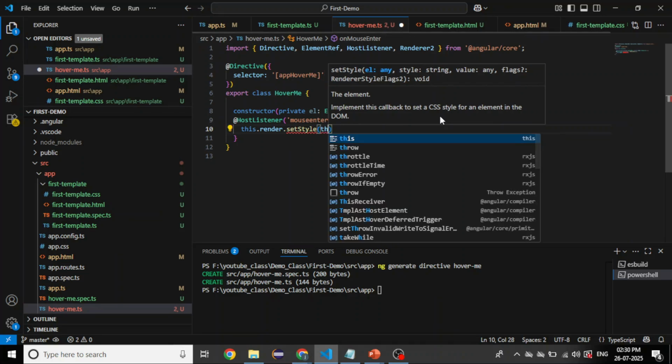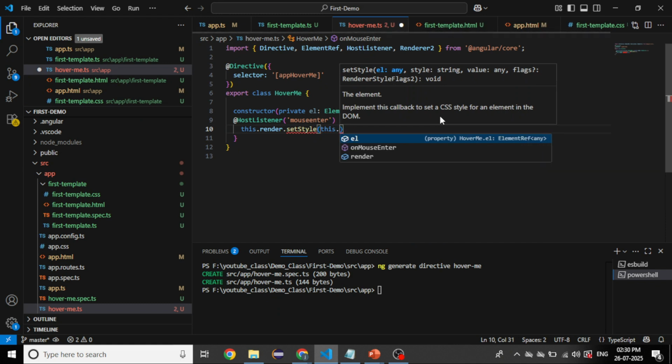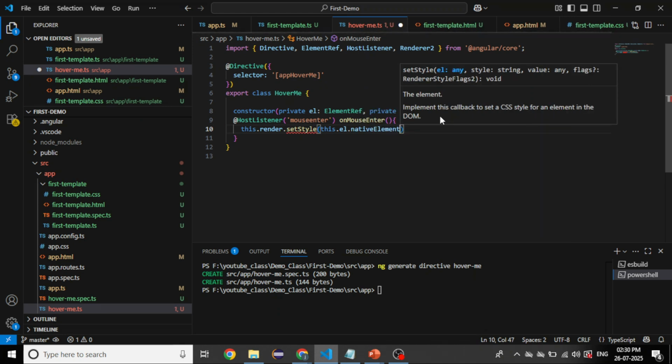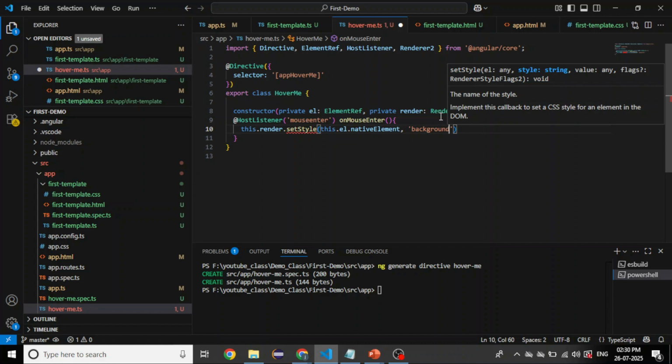We have to use this.el.nativeElement, comma, single quotes, backgroundColor. We should not use it directly like how we use a CSS property. We need to use camel casing,